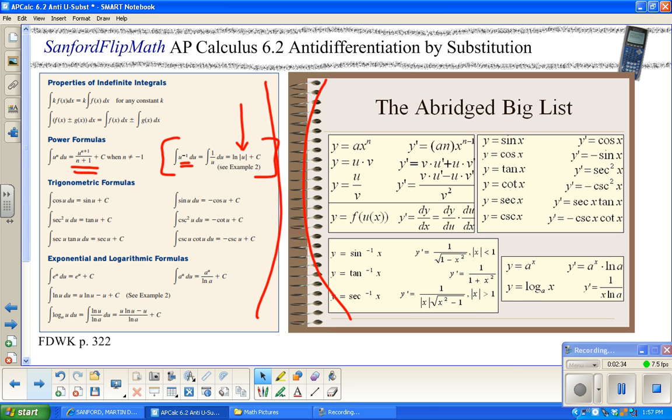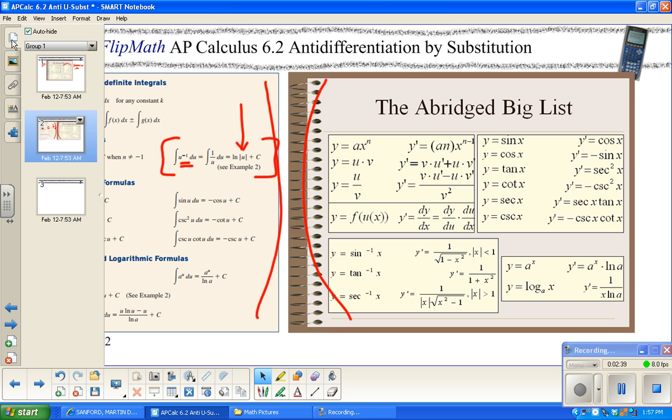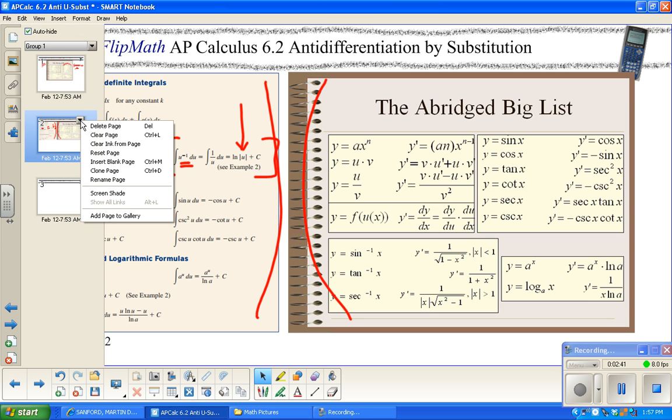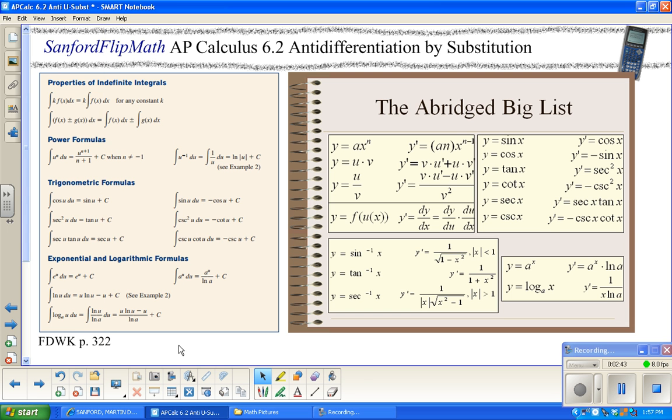Now, one other thing I should probably point out, and that's that the antiderivative itself is also referred to as,